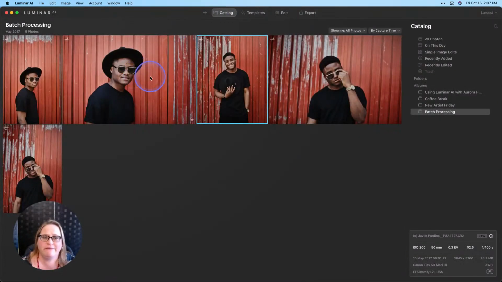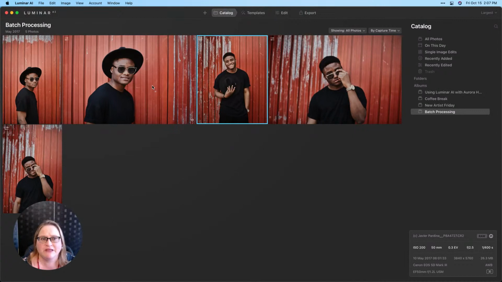So you can go through those images, they already have that same cohesive look and feel, and make any small refinements that you think that they need. So it's a great way to not only combine batch processing, which gives you consistent edits all the way across, but you can then go ahead and customize them and make sure each image looks its best, because that's what we want to deliver to our clients. If you're doing a portrait shoot, not only do you want those images to have that cohesive look and feel, you want each image to look awesome. So combining batch processing with being able to go back and edit some of those things really gives you the